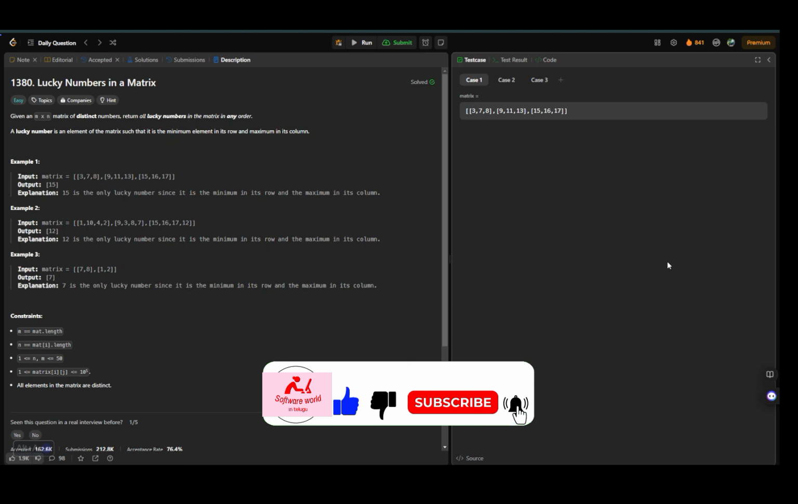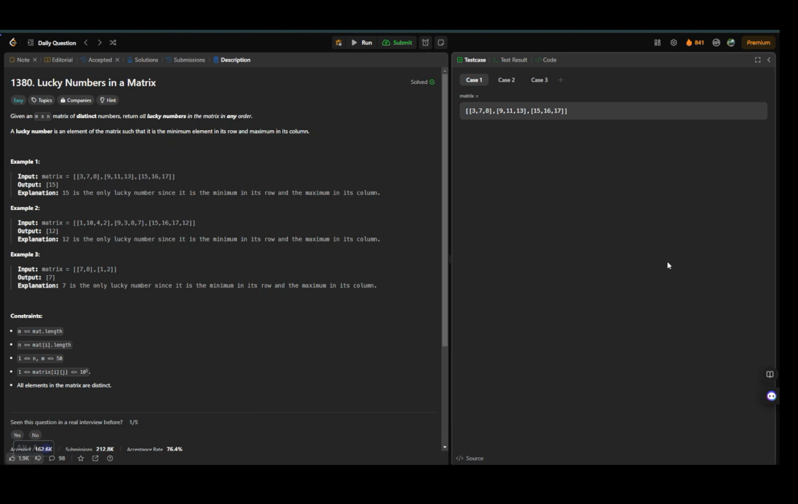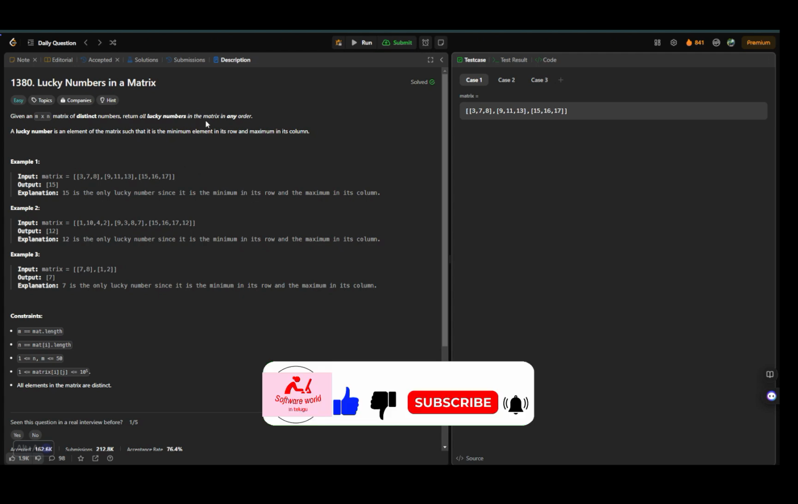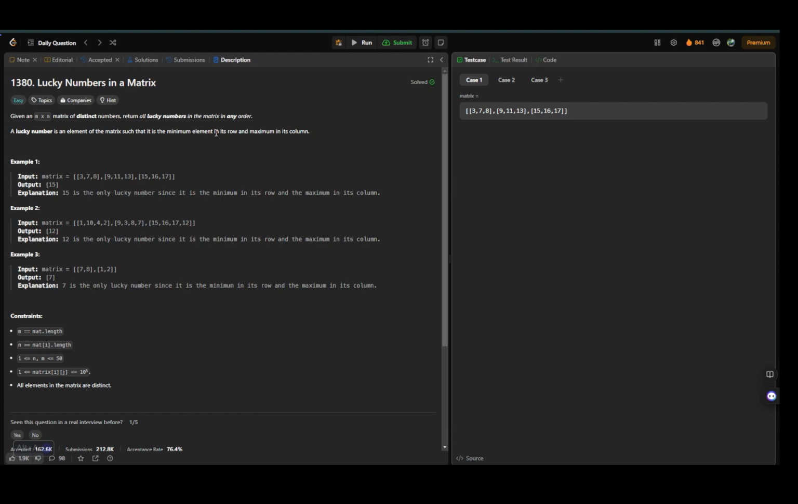I will be starting with the code problem of the day. Question number 1380, and the question states: a lucky number in a matrix. Given an m into n matrix of distinct numbers, we have to return all the lucky numbers in the matrix in any order. A lucky number is an element of a matrix that is the minimum element in its row and the maximum